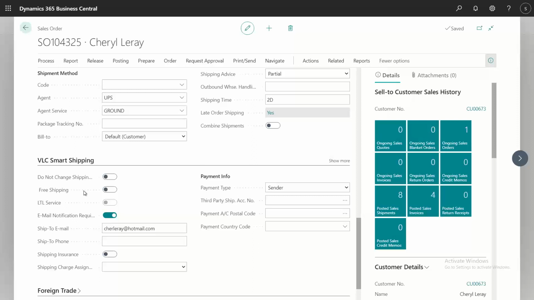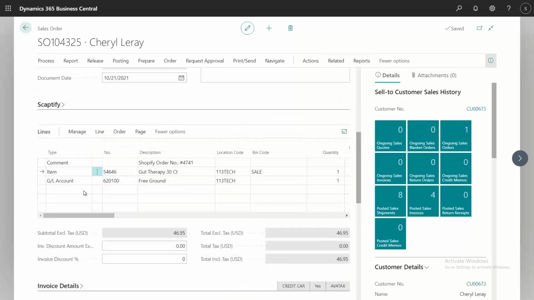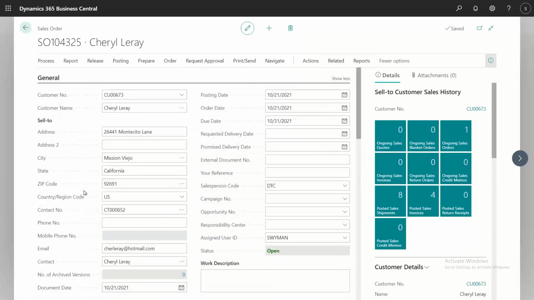Or else at the time of releasing the order in Business Central, you need to choose the agent code and the agent service code, because these two are the required fields initially to process in the VLC shipping. Later in the shipping application, we can modify this based on the rate shop, but initially we need to have the default values. Okay.